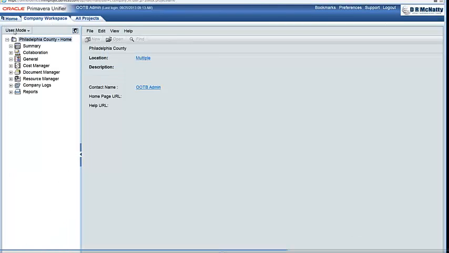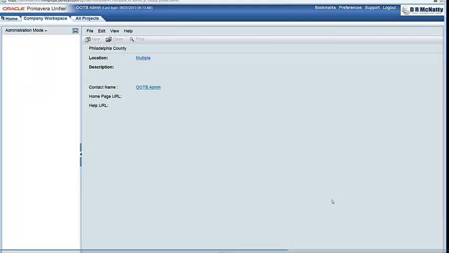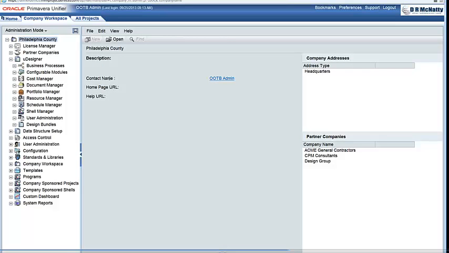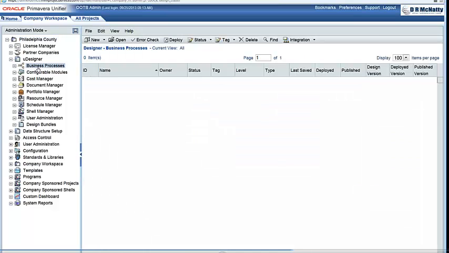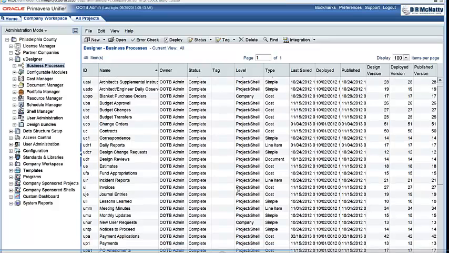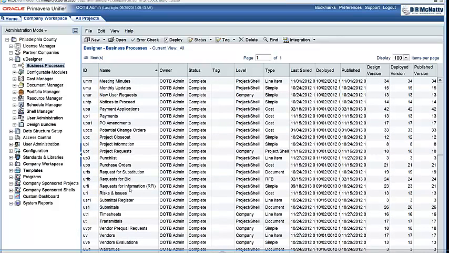I'll go to the company workspace, administration mode. We have something called UDesigner. UDesigner has the ability to design all the necessary objects of Unifier: business processes, cost manager, document manager, shelves. This is the main area. I'm going to look at the business processes. You can see here there's the log. I'm just going to scroll down to the RFI.